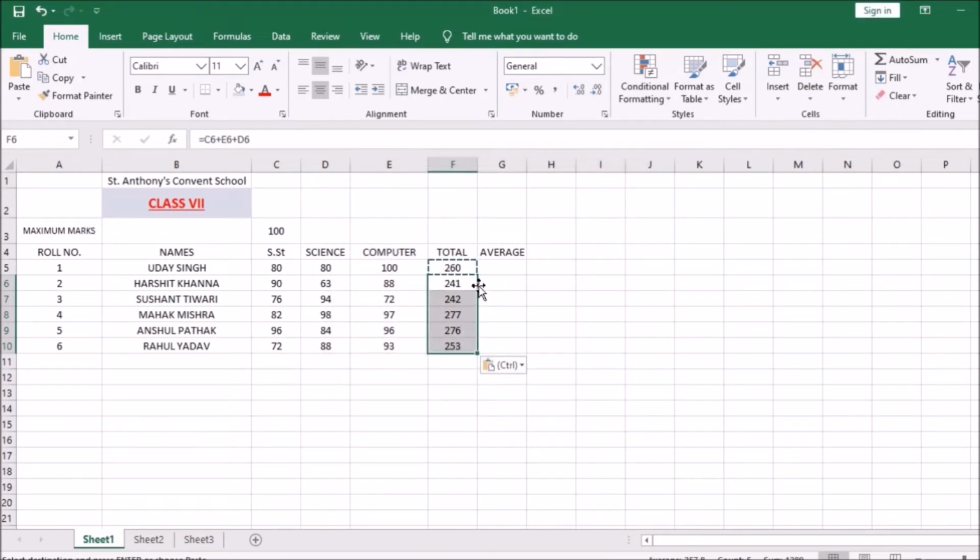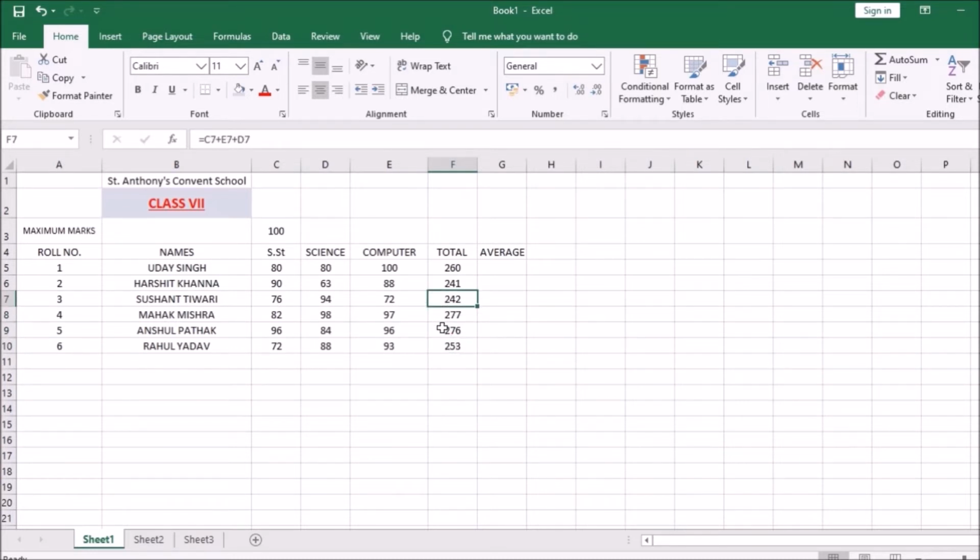You can see the same formula has been copied here, but with different cell addresses. Here you get C5 E5 D5, here C6 E6 D6, and here C7 E7 D7. So these are the things where you get a little help from Excel with the help of formula and function.